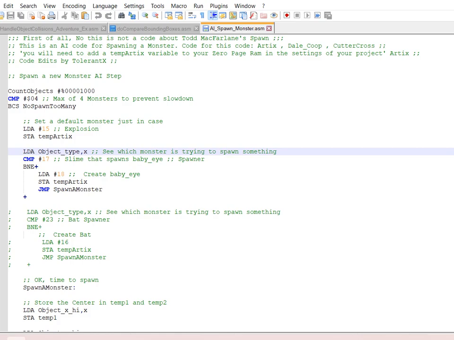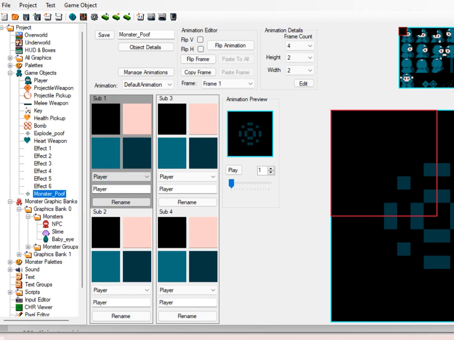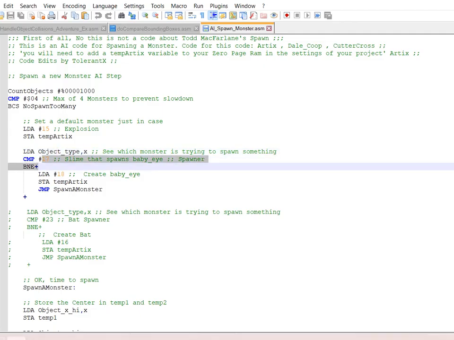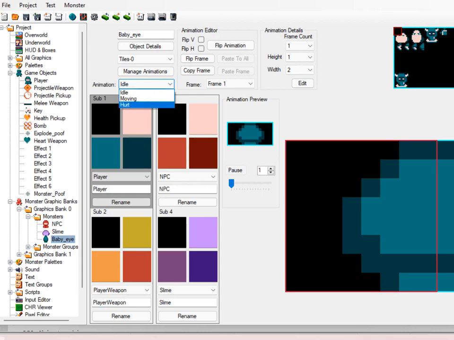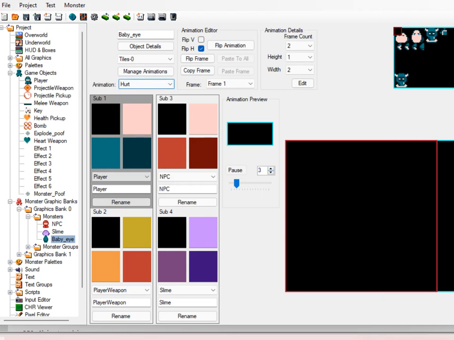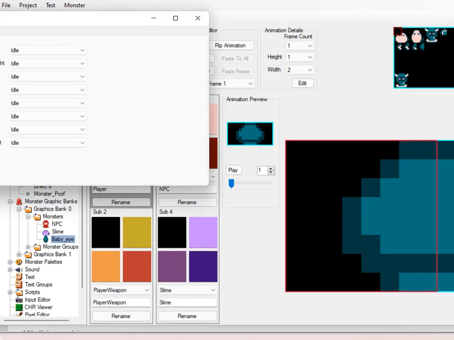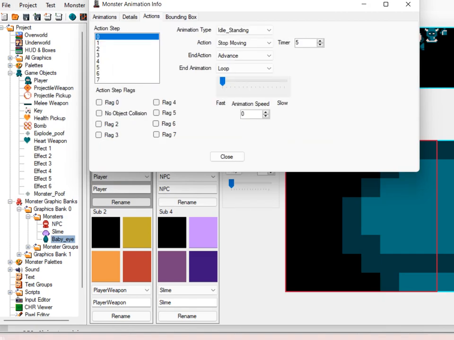So say I want to spawn the NPC to spawn something. This NPC is not numbered on this list. That's object number 16. I started to check at number 17 for the slime. I have it spawning this little baby eye. That's what the baby eye does basically. I just have it flying across the screen currently just to test it out. I don't really have anything as a monster. Flies across the screen